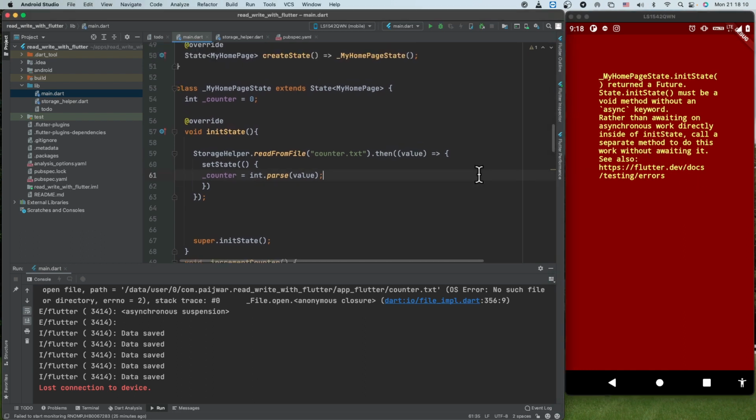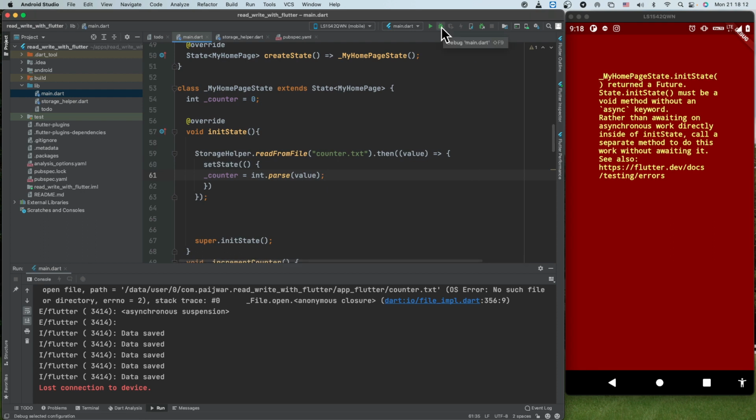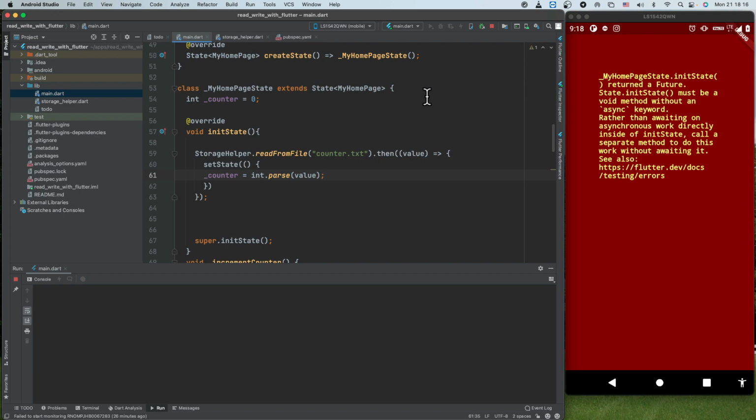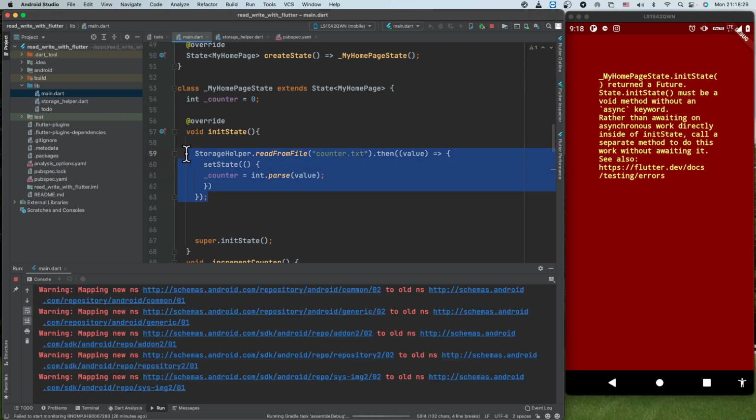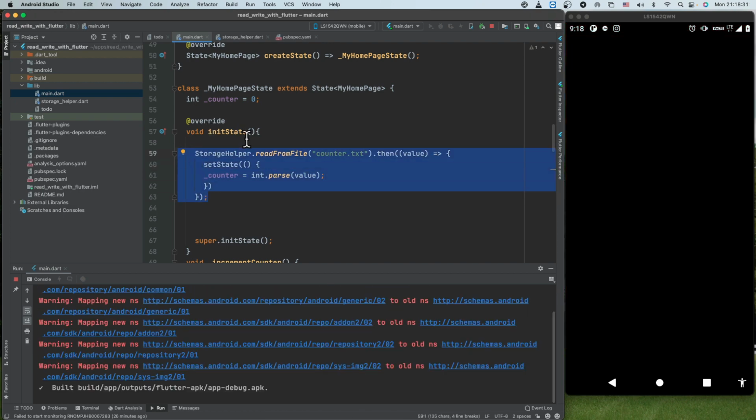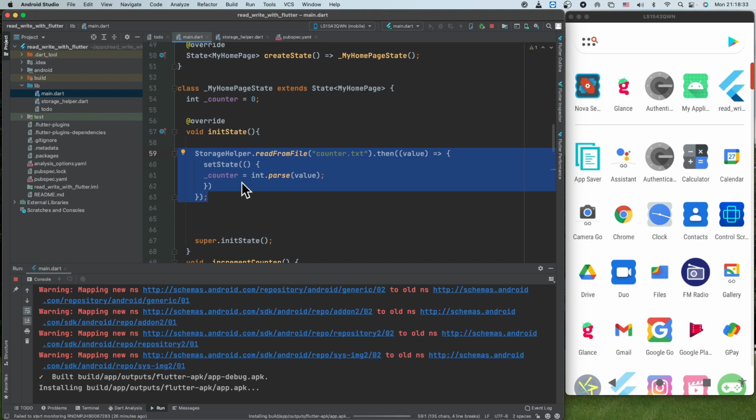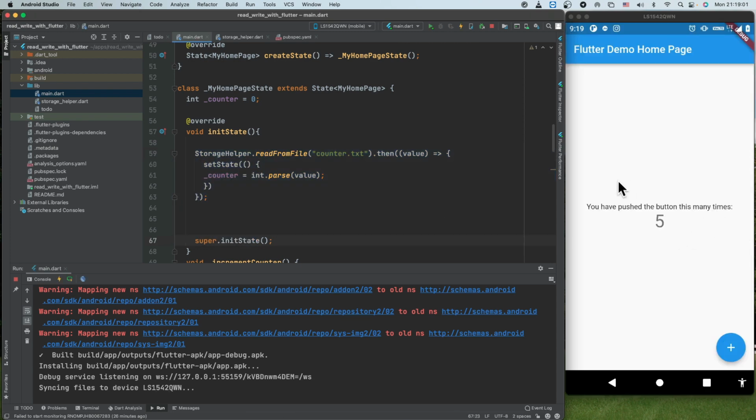Okay, I think the code is not synced properly. Let's rerun this whole thing, because this should not impact how the init state should be, because it is in the future. Otherwise we could have got the compile time error itself. Yes, you see the value starting from 5.